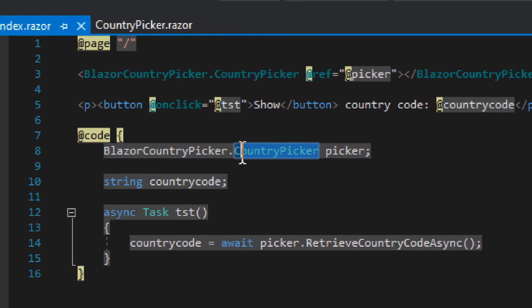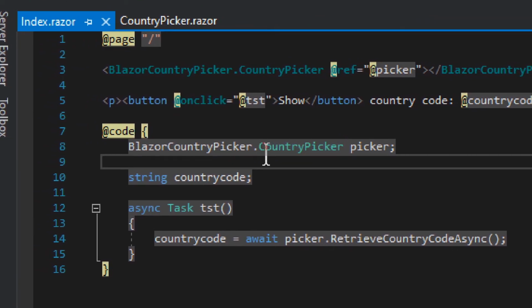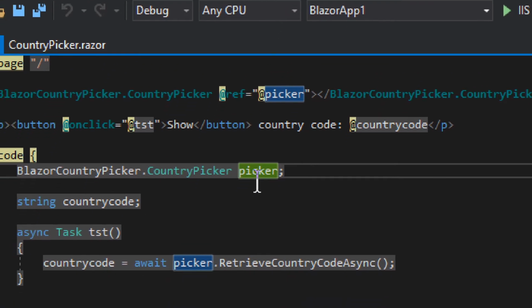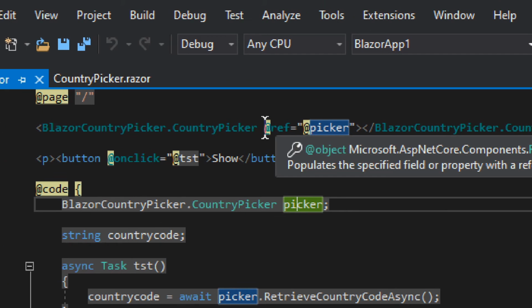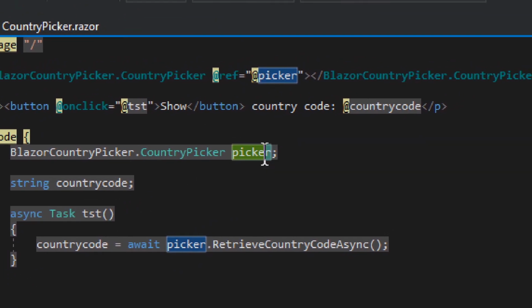That's the razor file used basically as a class. It is a sort of a fancy C# class. So we have country picker, and that's the reference. Whatever you do there, if you can access those properties, you will be able to access them